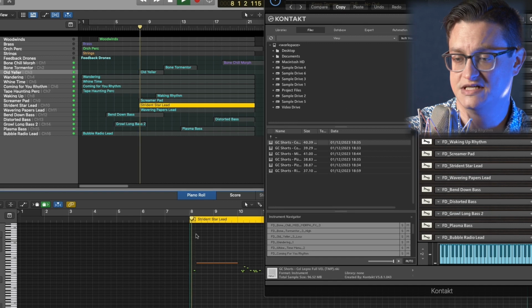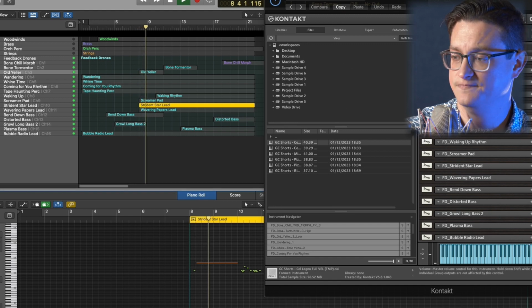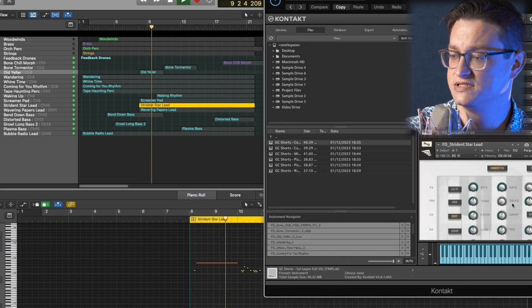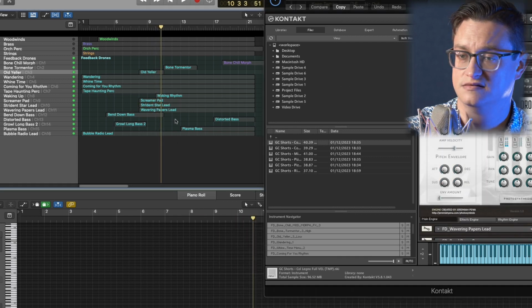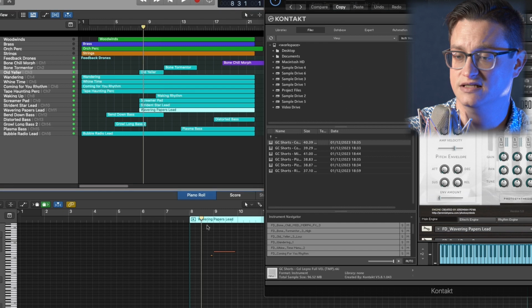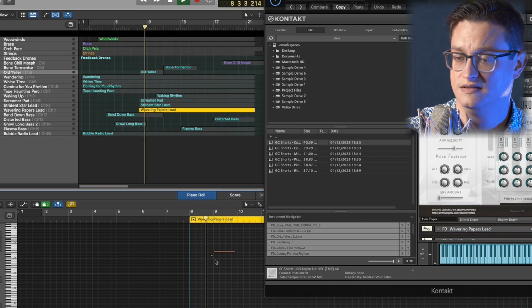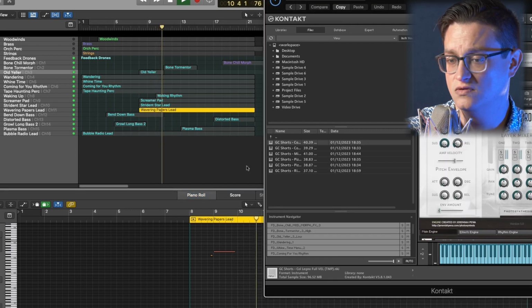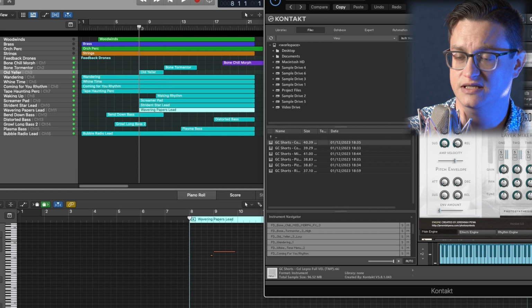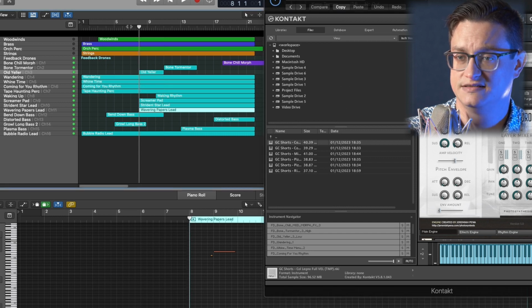So here's one of the ones I double with the horns, right? Panned it to the horn side. This one I think is doubling the trumpets. It just has a cool, almost brassy sound to it. So as we build up into this,